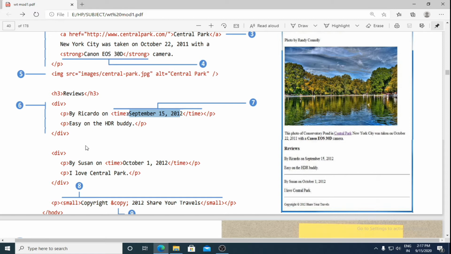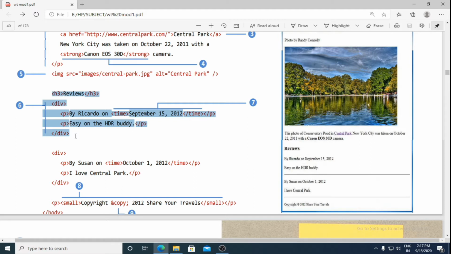Okay, and then you have here another paragraph, "Easy on the HDR buddy". This is a review from the people who have visited Central Park. Whenever you want to visit some place, you check about that particular place on the website.